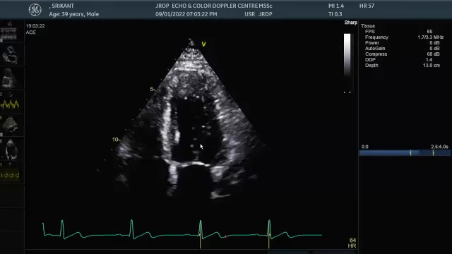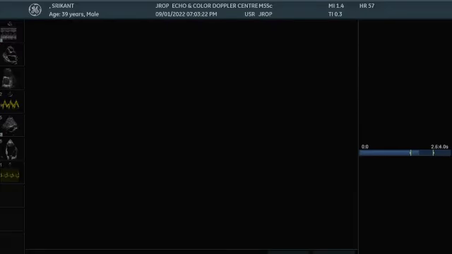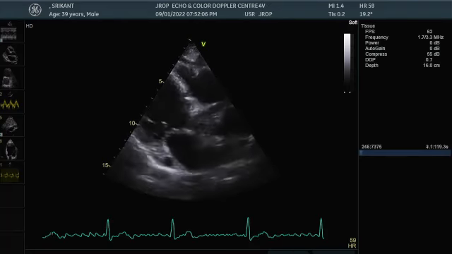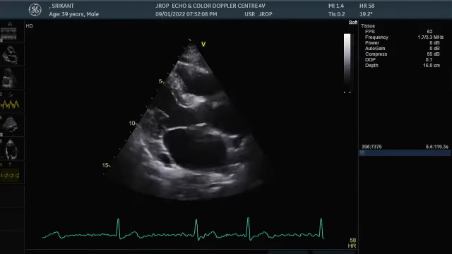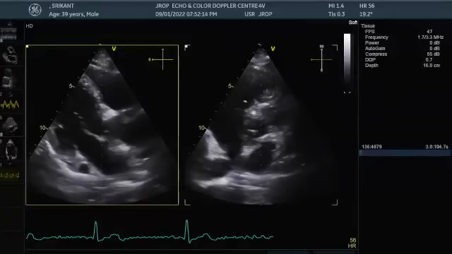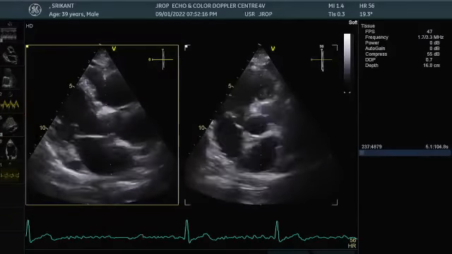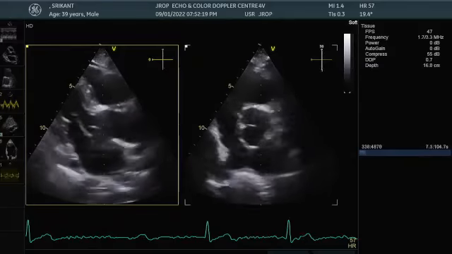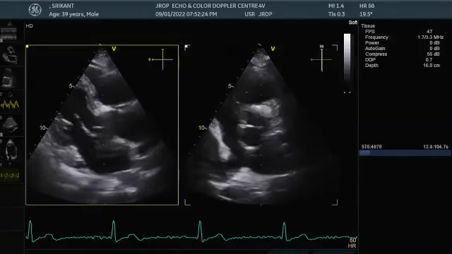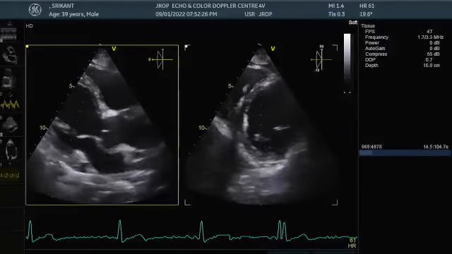I'm using my multi-planar probe. How I'm using my multi-planar probe, I'll just show you in a couple of seconds. Give me a second. Your country must be having good 3-dimensional echo machines. So I'm using my multi-planar machine. Now look, on the left side of the screen, you can see a cursor which is cutting the aortic valve. Yes. On the right side, you are seeing the aortic valve, correct? Yes. Same thing, I will take it to the mitral valve tip.